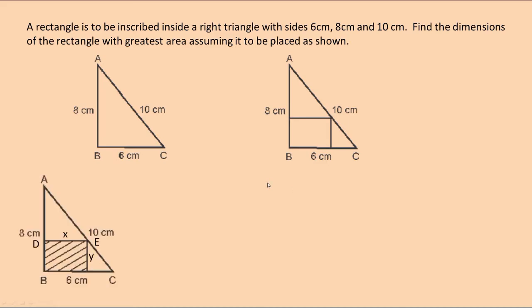Okay, we will proceed. See, this is the right triangle. Say the rectangle is inscribed like this. x is the length of the rectangle and y its height or breadth. You can take it this way. Now this shaded portion is the area which is supposed to be maximum. Accordingly, you will have to select x and y. So you know the formula for the area of the rectangle: A is equal to xy.